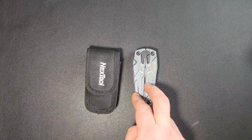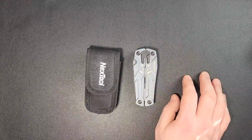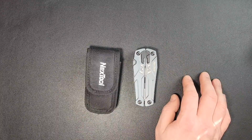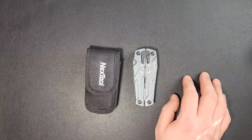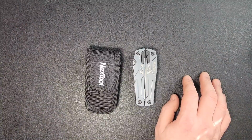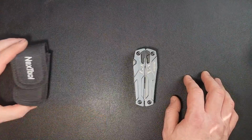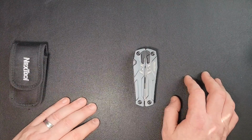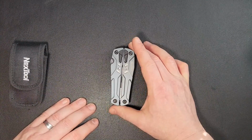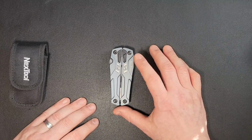The main implements of the tool are made out of 420 J2 stainless steel, except for the pliers, which are said to have 20 CR13. The multi-tool itself, and we'll take a look at the tool first, and then we'll look at what's in the sheath here. Multi-tool itself is the only multi-tool that I have in my collection that has locks on the